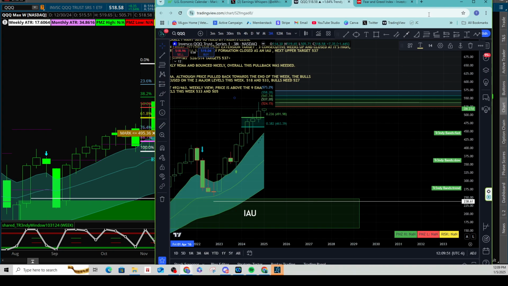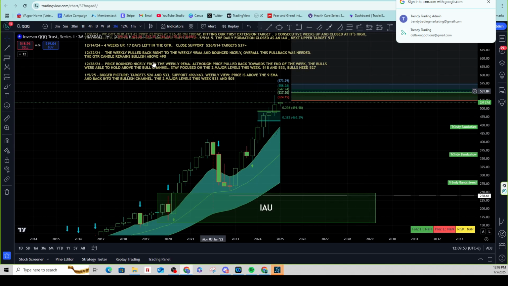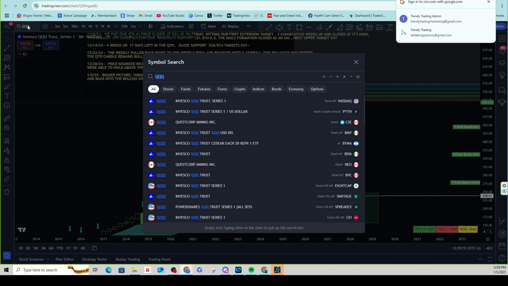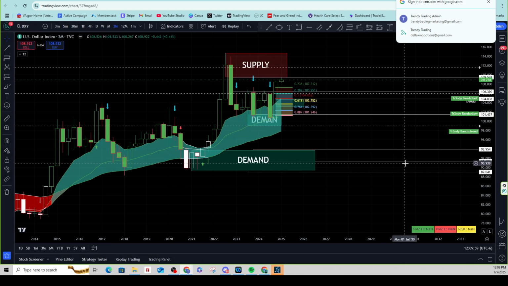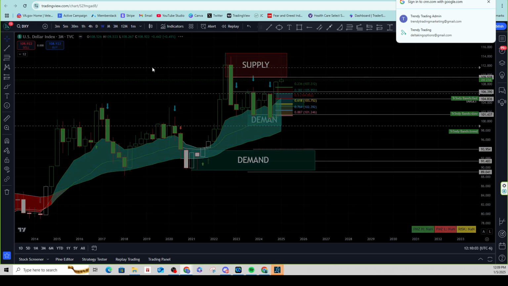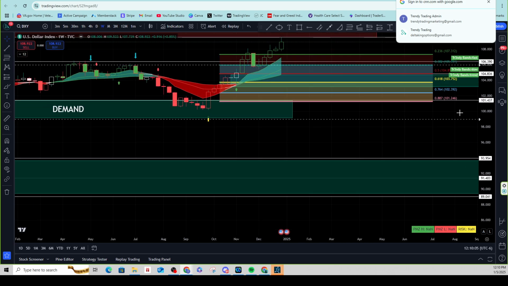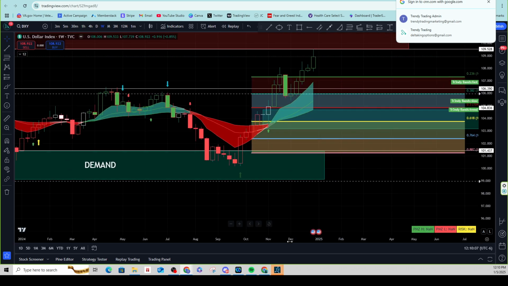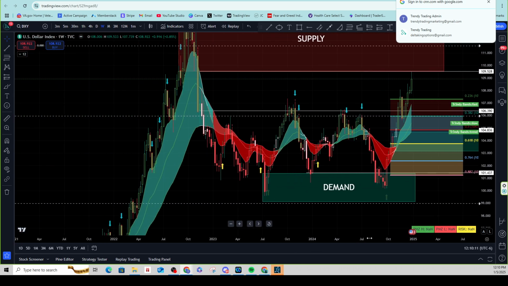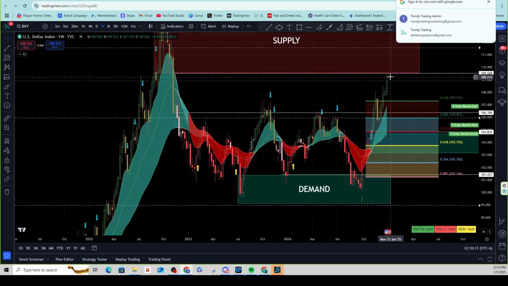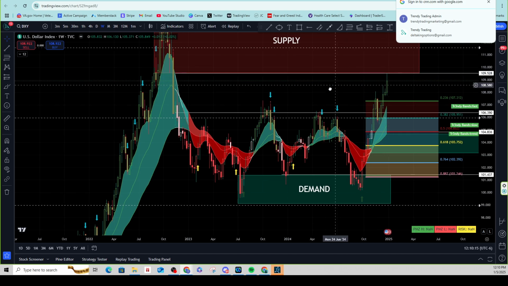We're going to pull that back up once again. Okay, so let's come over here into DXY, and that is the dollar. And the dollar actually moved. We're going to go to a weekly, not a quarterly. The dollar moved through our old, smaller supply zone, and we pretty much expected that. And you can see that this past week it came right up into the bigger supply zone.